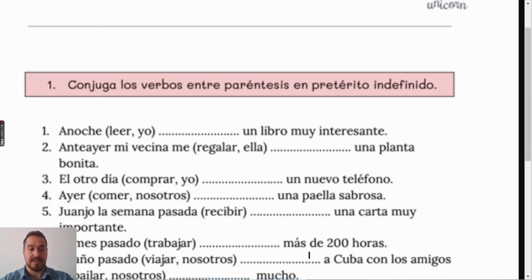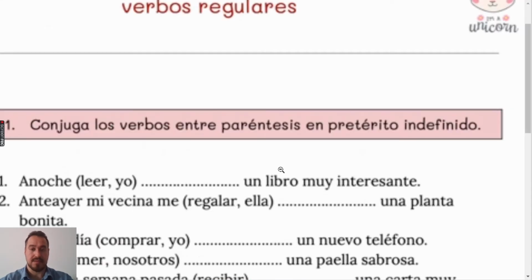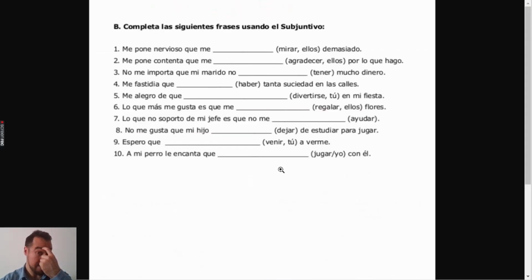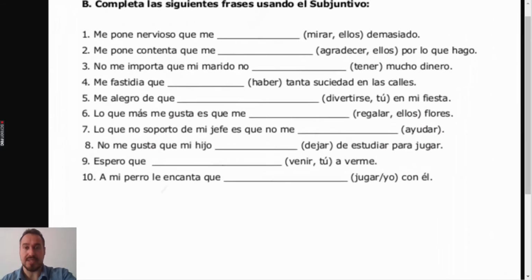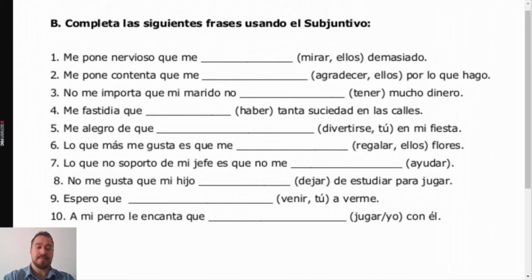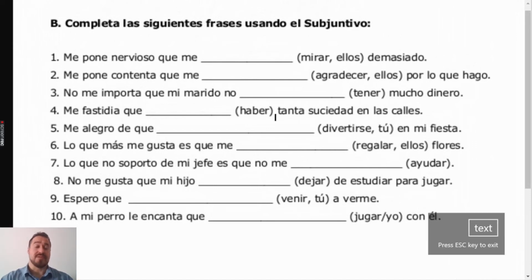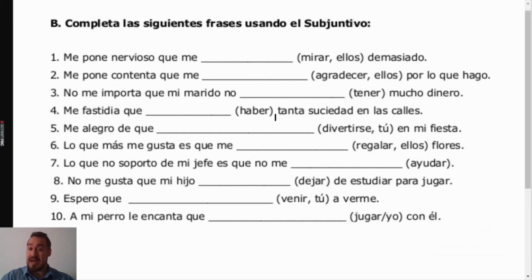Okay, let's go here. Now we're going to talk about subjunctive now. Let me zoom in. There you are. So remember what I told you about subjunctive. They are used in secondary clause or clause that are depending on other clause. Okay, so usually you're gonna have a verb in the present simple, okay, present indicativo,